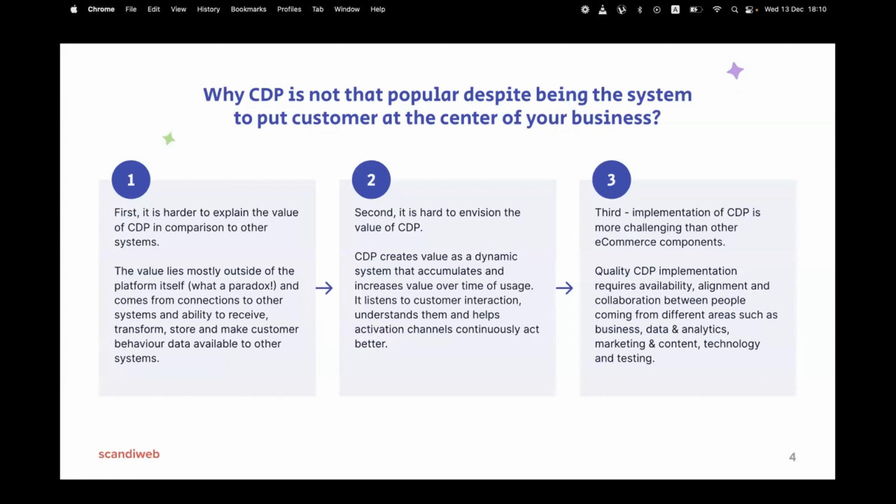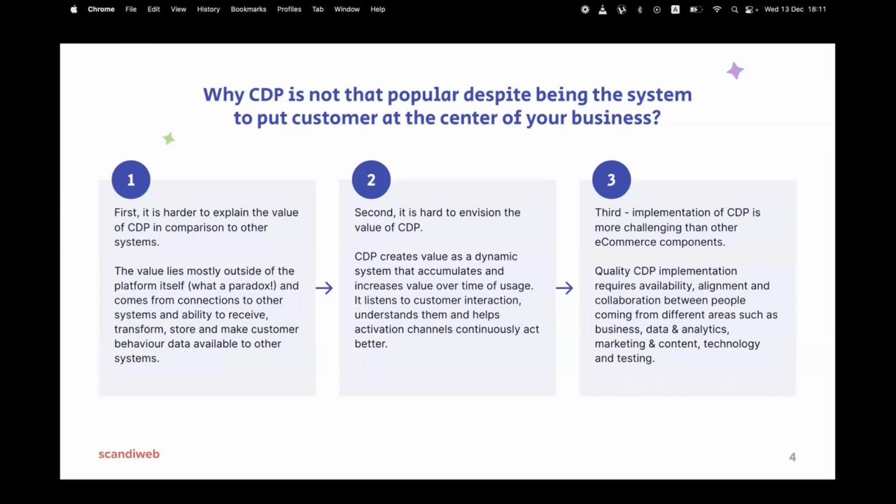For CDP, we will see the value accrues as you start using the system, but it's not that you implement it and immediately you see substantial result. It's not like with PIM. You did not have PIM, now you have it, you pretty much within a month after launch, you will say, oh wow, like things changed. With CDP, it will not be that easy.